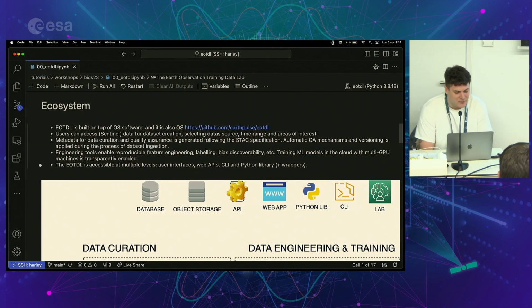Through the EOTDL, you can access data. Right now we are supporting Sentinel data, but the idea is that we are introducing more and more data sources as we see the need from the community, from you basically. So you have now the power to steer this project in the early days. So if you have a particular need, for example, radar data or other kind of data, this is a good time for you to jump in this project and propose new data sources that you would like to work with,